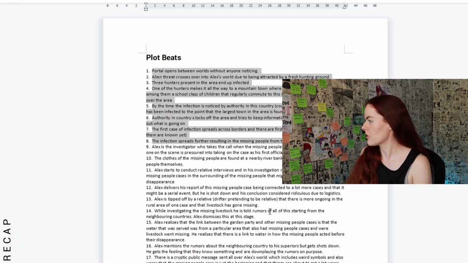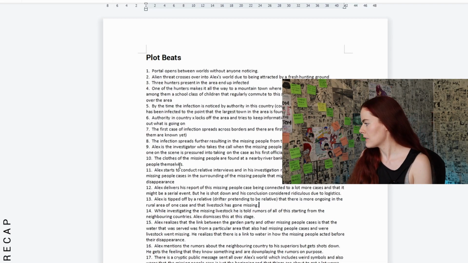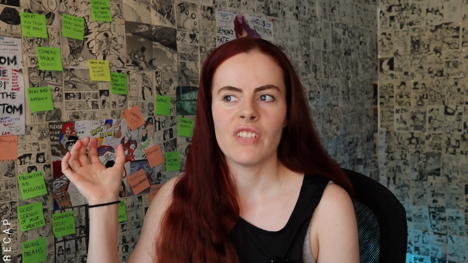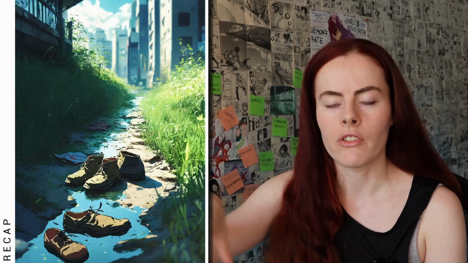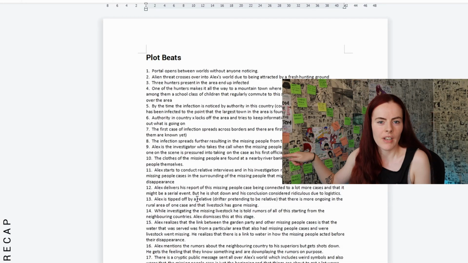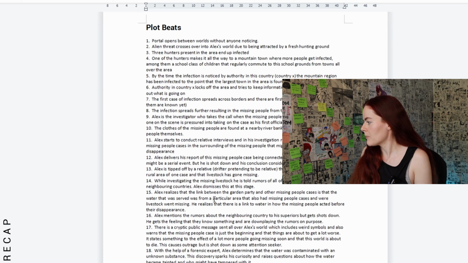So how the infection got started in this world, and then it starts with Alex and the investigation. And basically the idea with the investigation is that he first off starts out with getting the case, then he finds the clothes of the missing people, and that should further the mystery. And then from there he eventually arrives at figuring out that there are other missing people cases. So those other 2 cases that I had originally, they are now part of the mystery. He finds out that they are connected,